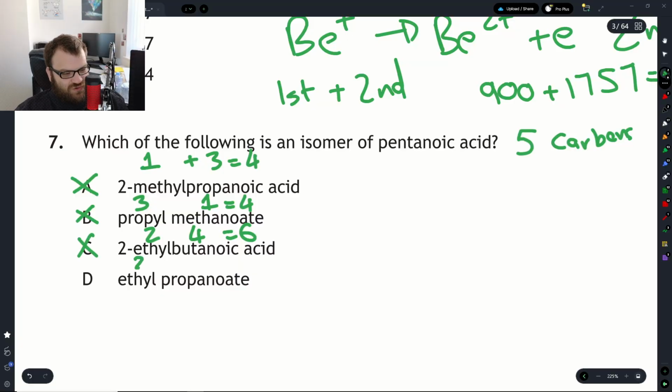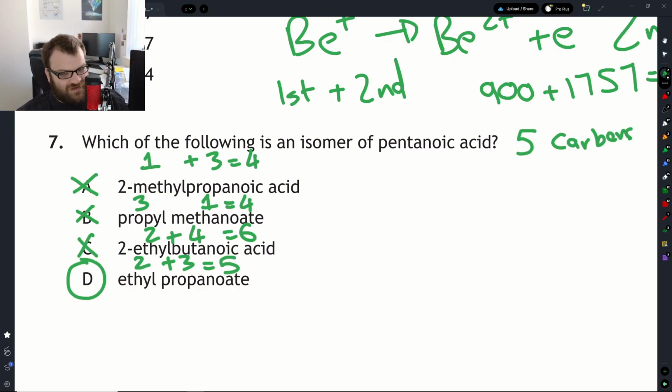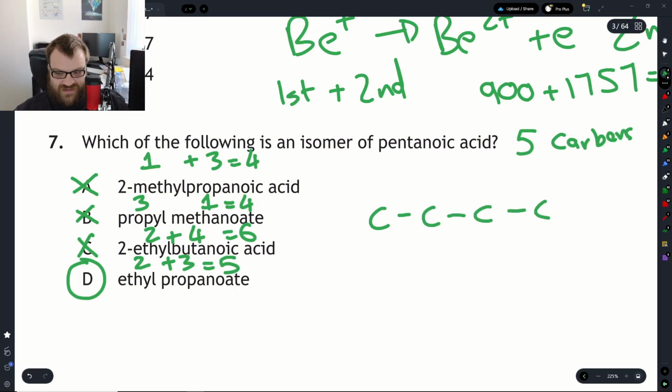Last one, we have 2, and we've got 3 from the propanoate. Gives you 5 in total. It has to tick the box of having enough carbons. If that was correct for more than one of them, what you could then do is think about the functional